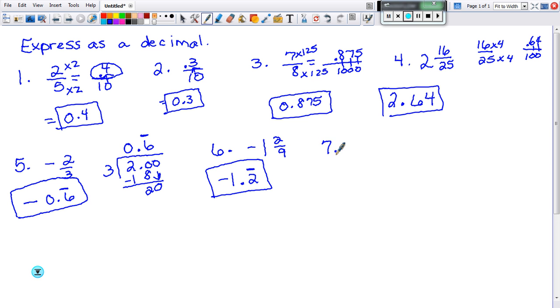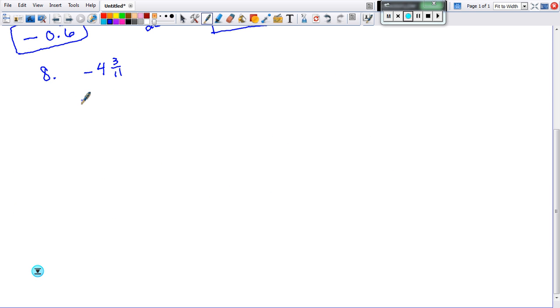Number 7, 6 and 2/3. So 6 is going to go in front of the decimal. We already did 2/3 over here. It was 0.6 repeating. Again, all we did was divide on that one. Number 8, negative 4 and 3/11. So my negative 4 is going to go out front with a decimal. 3/11,